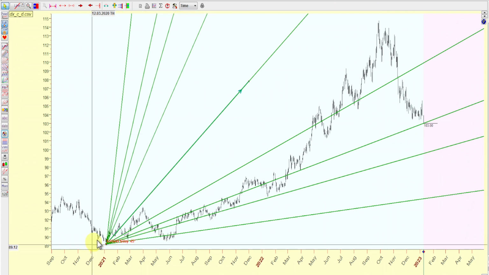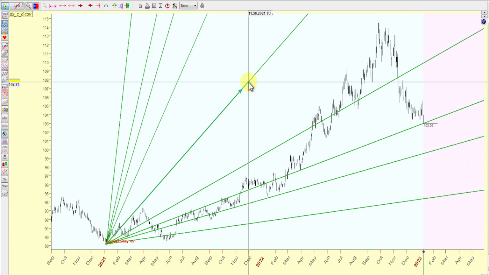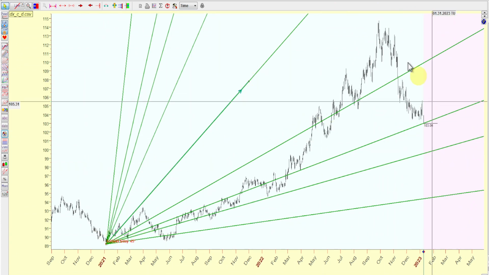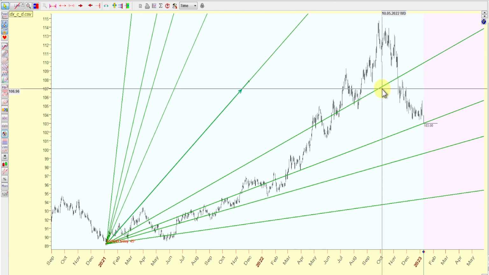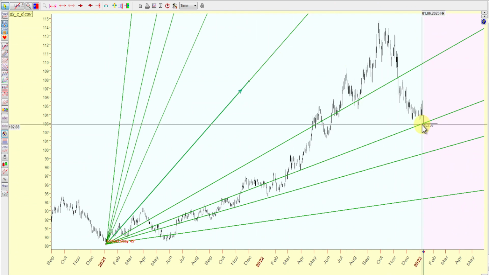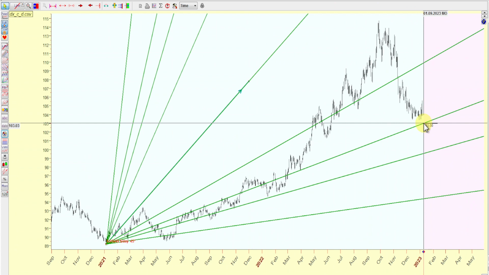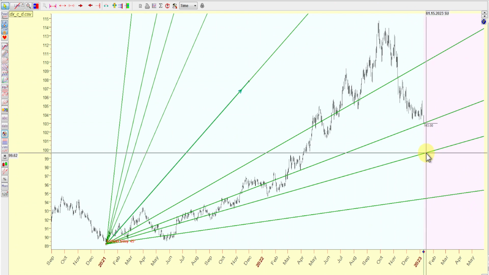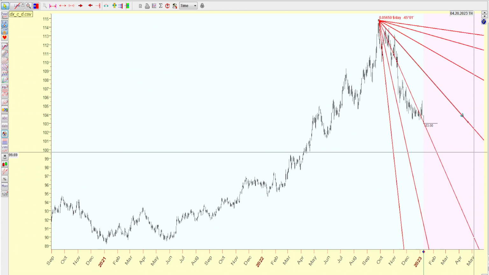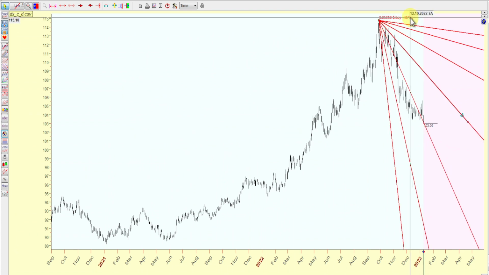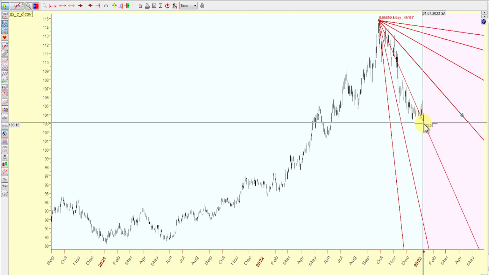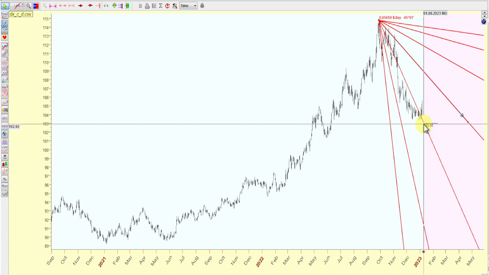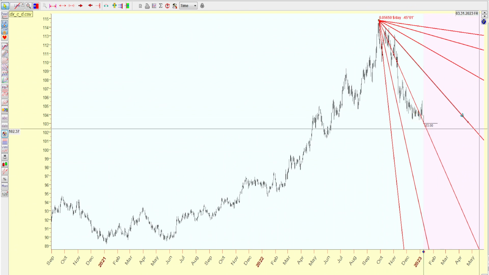Using the Gann fan at the true 45 degree, you can see that right now, as of today, 1 by 1, 1 by 2, 1 by 3, it's finding support. Will it hold? We'll see. If it doesn't hold, then you're going to go to the 1 by 4. But so far, this is holding. We go from the top at 45 degree. You're at the 1 by 2, kind of holding there. Let's see how that plays out.